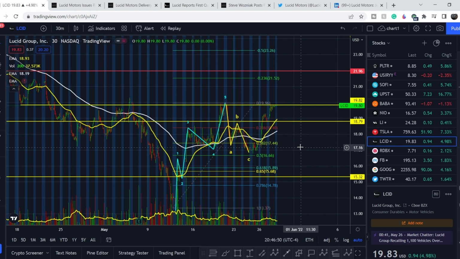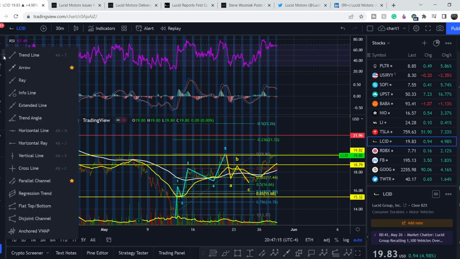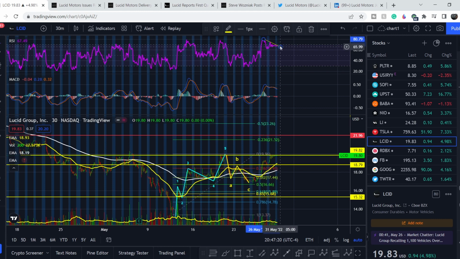And in my opinion, this pullback might happen at the very beginning of the upcoming week, because if we take a look at indicators, we have bearish divergence right here. We have lower highs on RSI with higher highs on the price action. This means we might see some kind of pullback, but it is not 100% guaranteed, because right here we have basically a symmetrical triangle, and this triangle also might break either way. And if it is the case, we might see even the next movement to the upside. And this movement to the upside will increase the price of this stock, and we might hit the next range of resistance that is at roughly